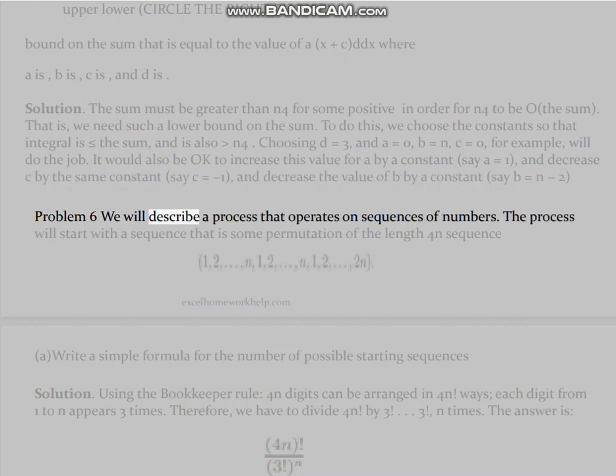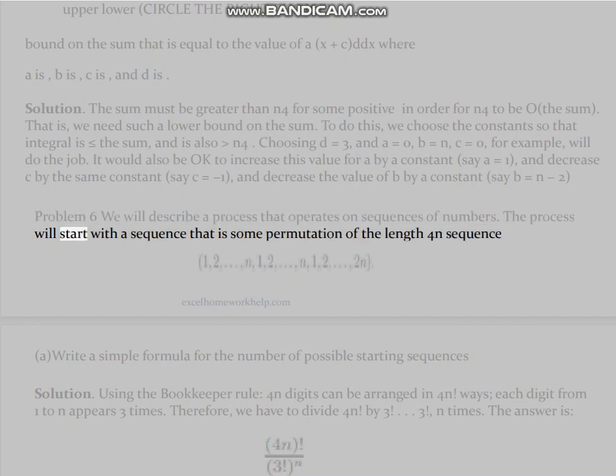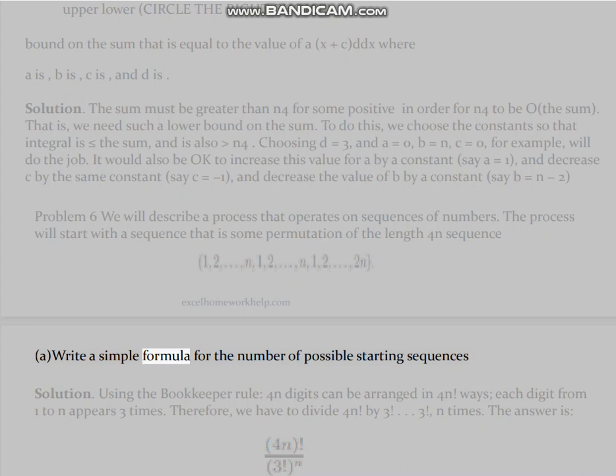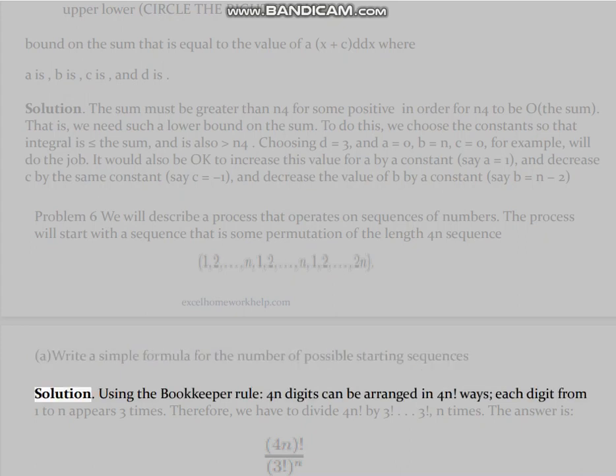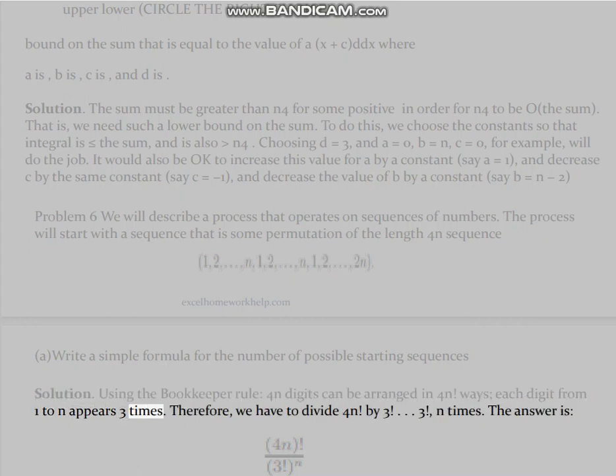Problem 6. We will describe a process that operates on sequences of numbers. The process will start with a sequence that is some permutation of the length 4n sequence. excelhomeworkhelp.com. A. Write a simple formula for the number of possible starting sequences. Solution. Using the bookkeeper rule, 4n digits can be arranged in 4n factorial ways. Each digit from 1 to n appears 3 times. Therefore, we have to divide 4n factorial by 3 factorial